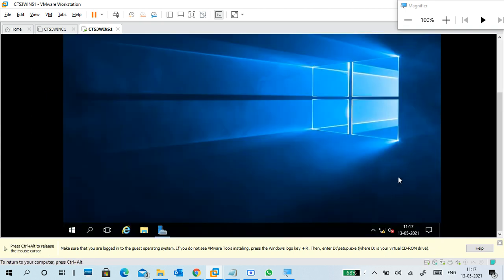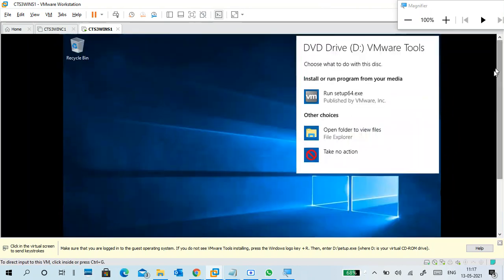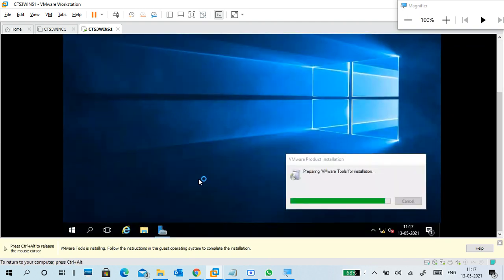Usually it will show the notification when you click there. Yes, here is a notification. Click on the notification. You can see run setup64.exe is showing here. Just click here, no problem. If you miss it, no problem. Go to the CD-ROM, go to this folder.